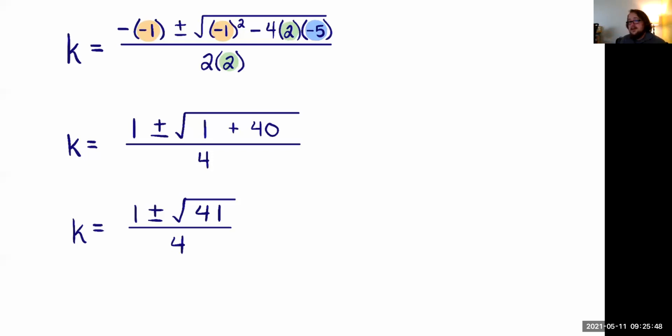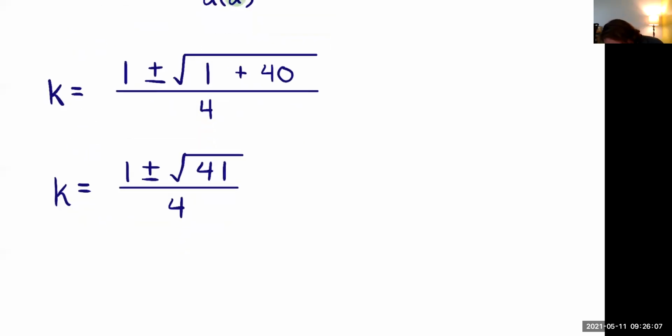So 41 is not a perfect square, which is why we're going to have to rely on our calculator today, because at this point, I can't continue with what I know, because the square root of 41, being a square root, will not behave like numbers that we're used to. So we're going to grab our calculator real quick, and off to the side here,